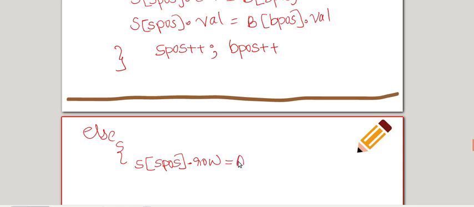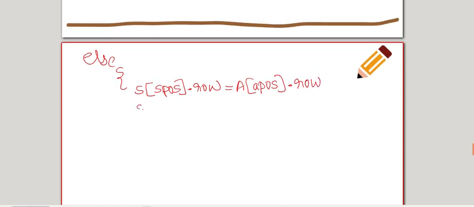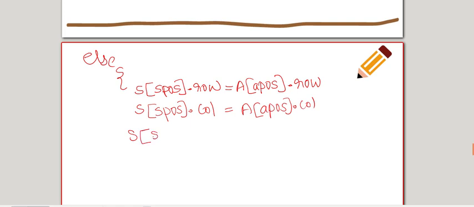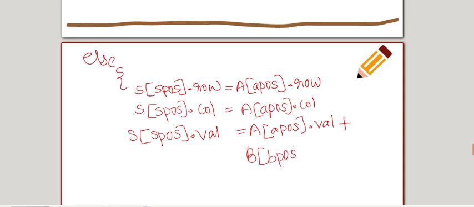Let it copy from A of A pos dot row, and S of S pos dot column will be equal to A of A pos dot column, and S of S pos dot value will be equal to the sum of A value and B value. So A of A pos dot value plus B of B pos dot value.